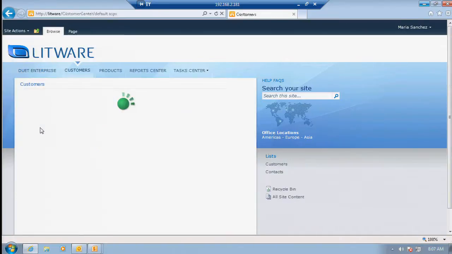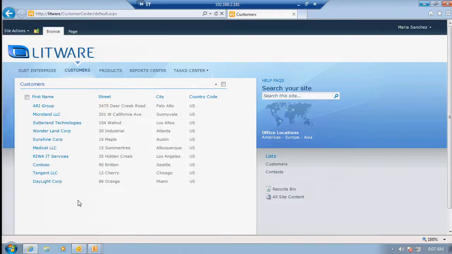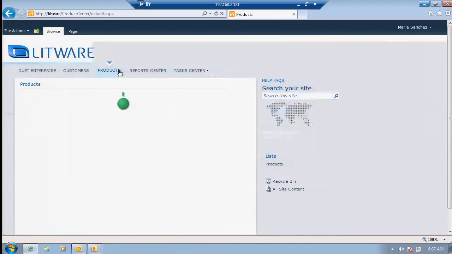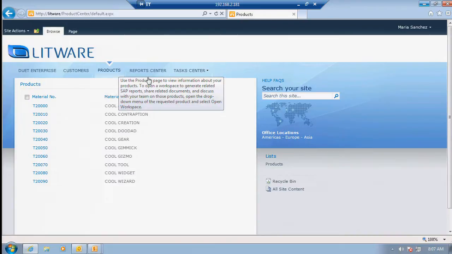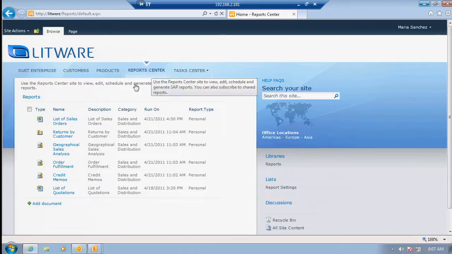We can click into customers. And when we click into customers, that retrieves, again, we're going through a web service, grabbing the data out of SAP, bringing it directly back in. So this is SAP data being exposed. We have products data being exposed. At the Reports Center, here's a number of reports that have been delivered into this document library. But I can click on Reports over here, and